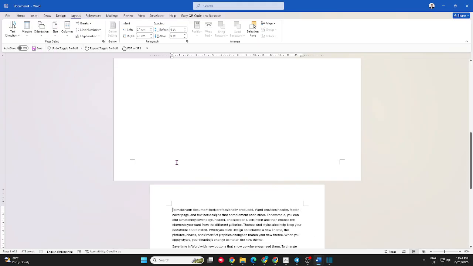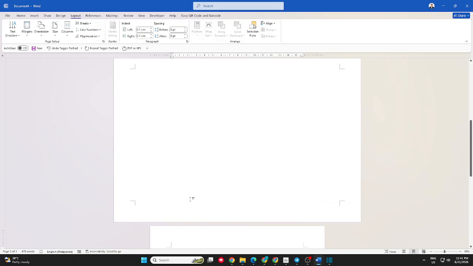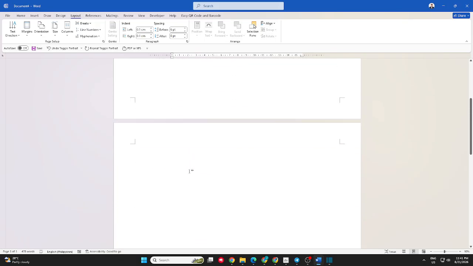And that's how you can make your Microsoft Word document landscape. By changing the orientation from portrait to landscape, you can create a wider workspace and make horizontal content easier to